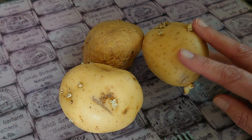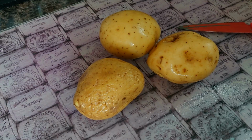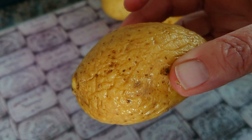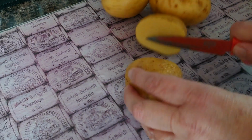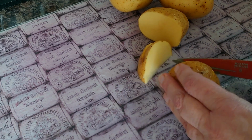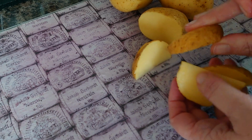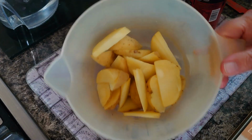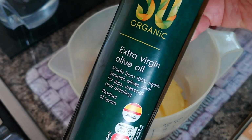Rather than throwing sprouting and shrivelled potatoes away, I like to use them for spicy potato wedges. So I've just given these a wash. You can see how shrivelled that is, but it really doesn't matter. They taste just fine when they're done. And I'm going to cut this in half and then into wedges, sort of around about a centimetre thick. I give them a blast in the microwave for about 4 minutes to part cook them, and then after draining off any excess liquid I add some olive oil,